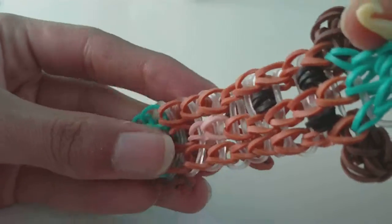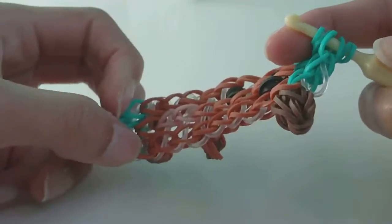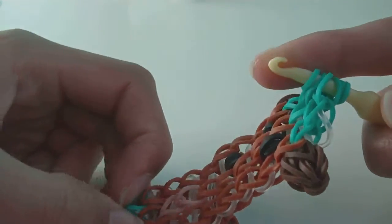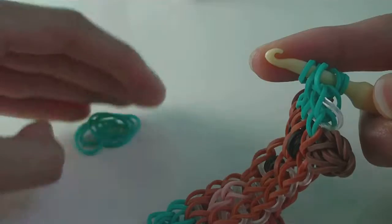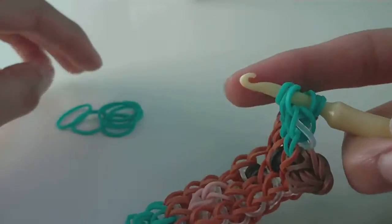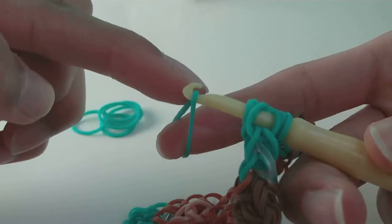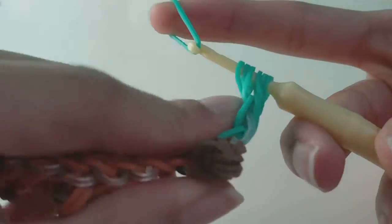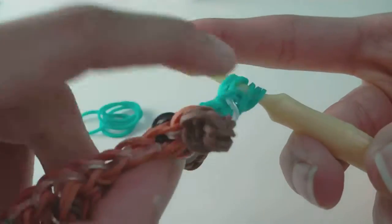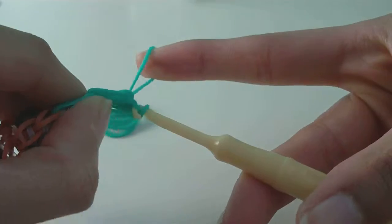Now you don't need your loom anymore, and this bracelet most likely is not long enough to fit around your wrist as it is, so we're going to add an extension. To add an extension, we just need our hook and some additional background bands, and here's how you do it. It's really easy. You just take your background band, put it on your hook like so, and you pull these bands that are on your hook onto that new band,